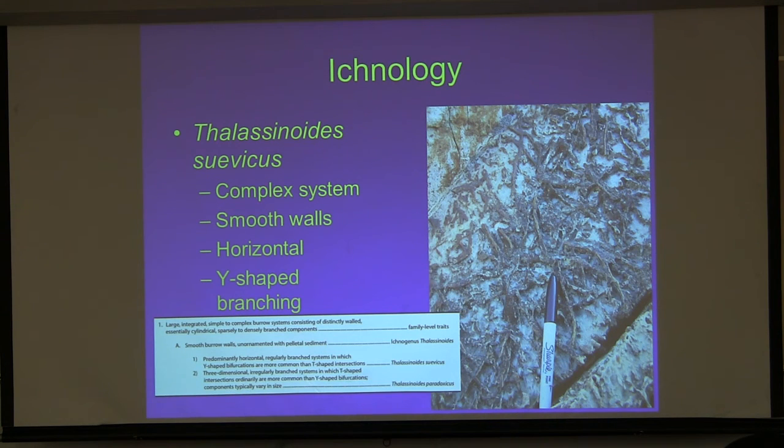For the trace fossils, we only found 1 trace fossil throughout the whole section, and after some digging around, figured out it was Thalassinoides suevicus. Thalassinoides have a complex system, which means there's lots of branching and there's lots of overlapping. There are smooth walls,